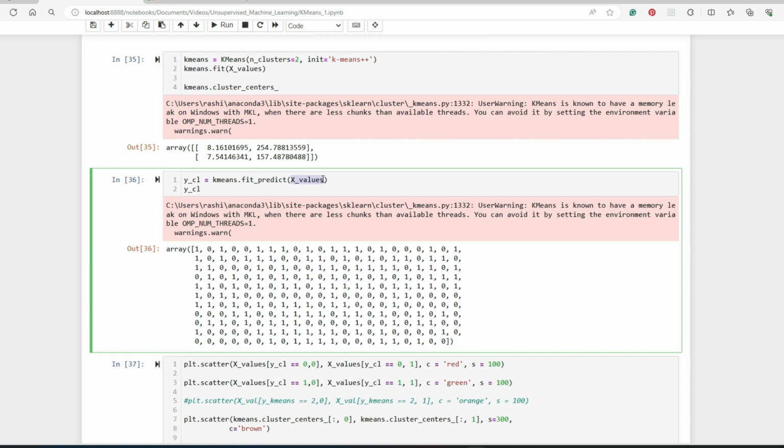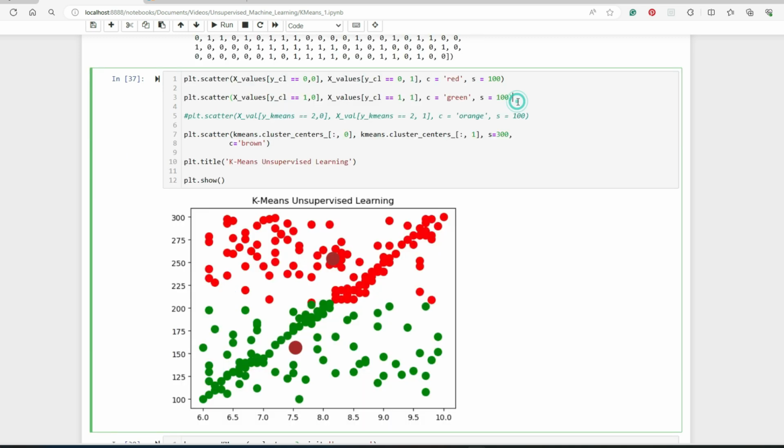Label means, actually, we do not have labels in an unsupervised learning model, but we have two clusters. So if the cluster is 0 or 1, you can see which data belongs to which cluster center, which centroid. Here we are plotting the data divided by colors based on cluster 0 and cluster 1. And I'm also plotting two cluster centers, or two centroids. So you can see these are our final centroids, and this is how the data gets divided into two clusters.